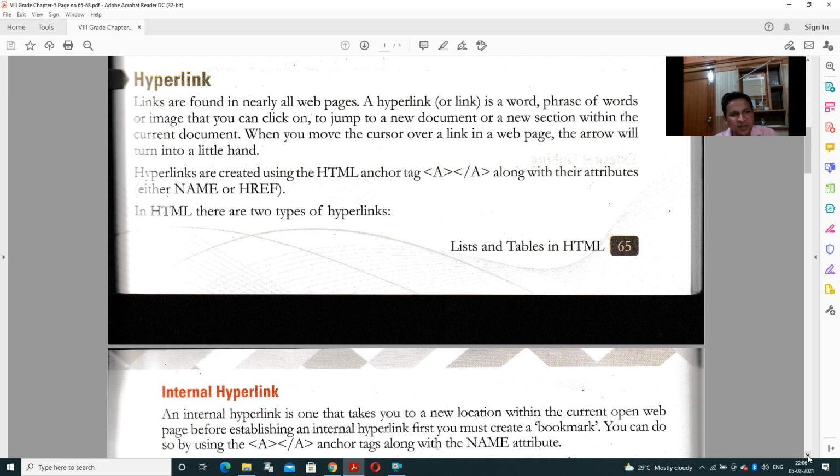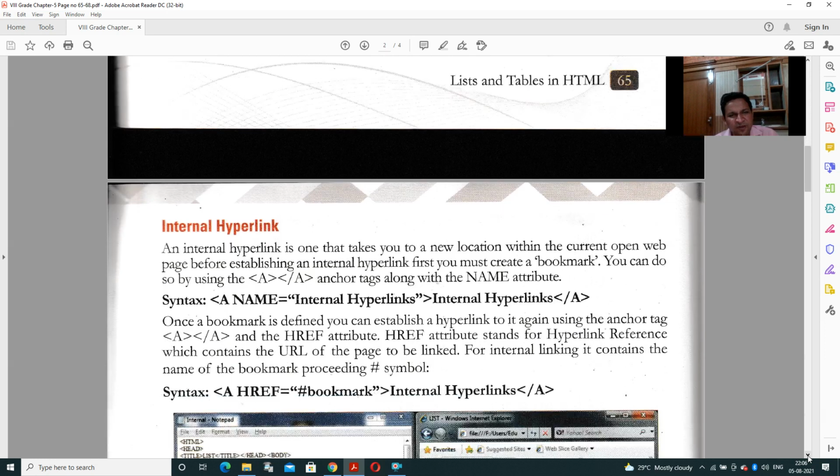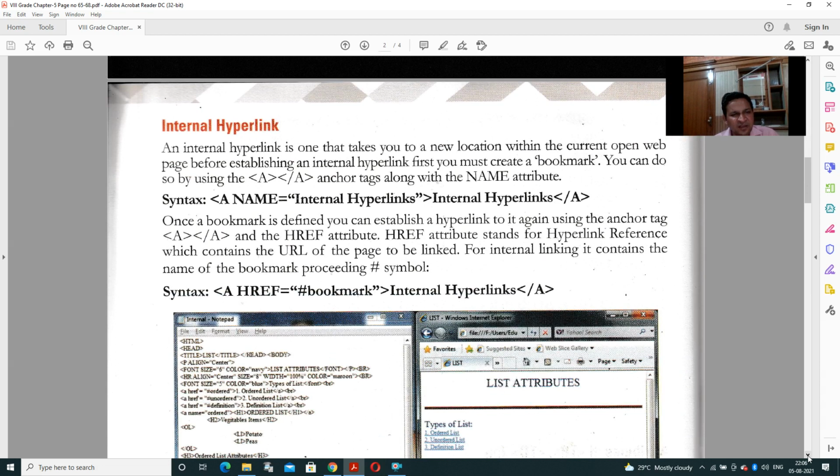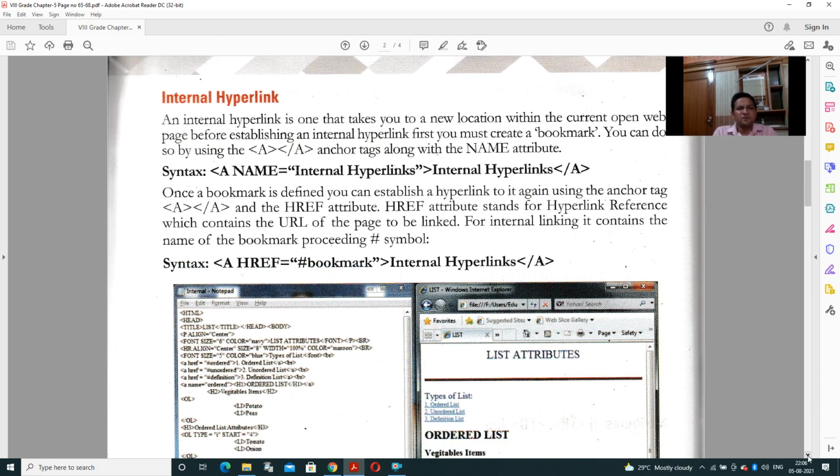In HTML we have two types of hyperlink. One is internal linking. Internal linking takes you to a new location within the currently open web page. Before establishing an internal hyperlink, you must first create a bookmark.